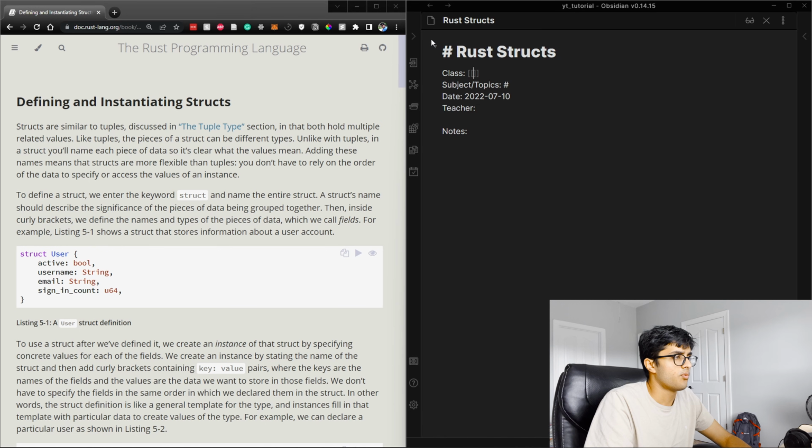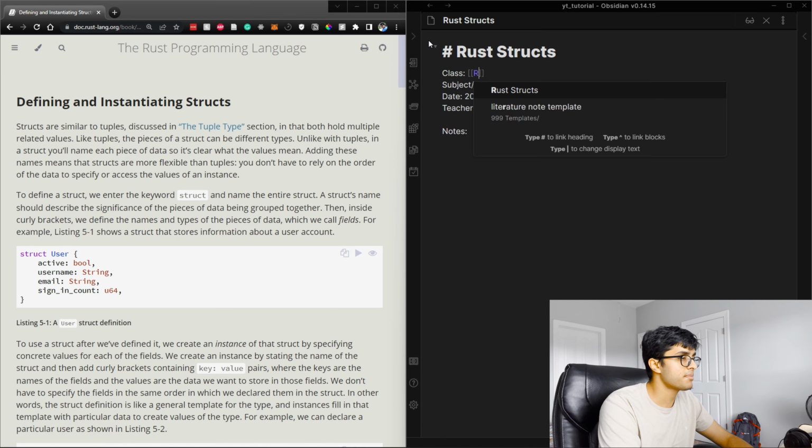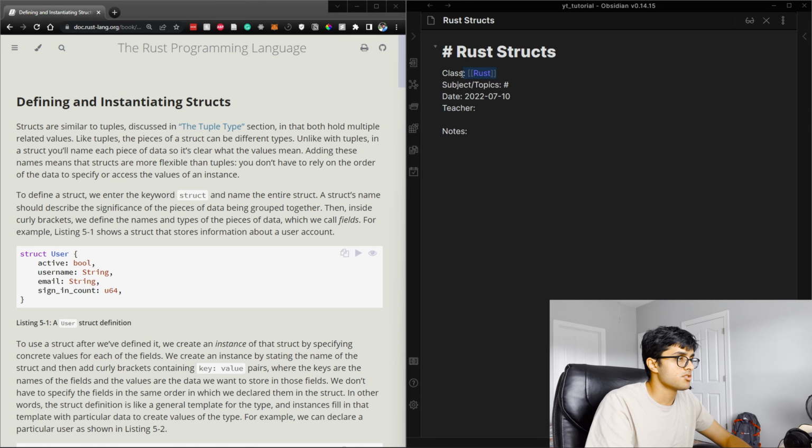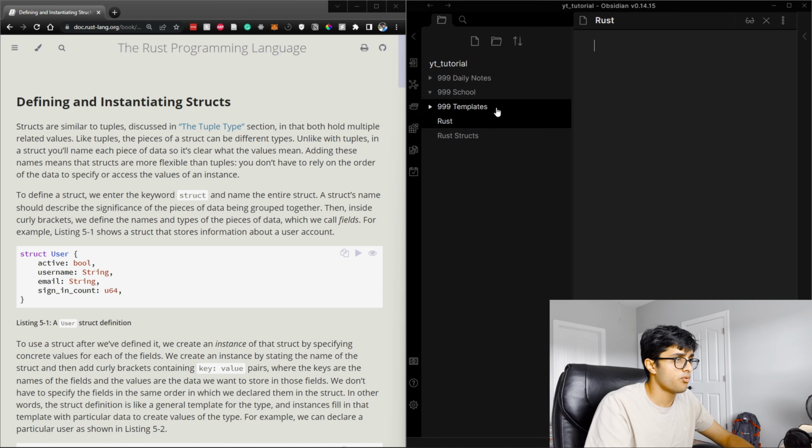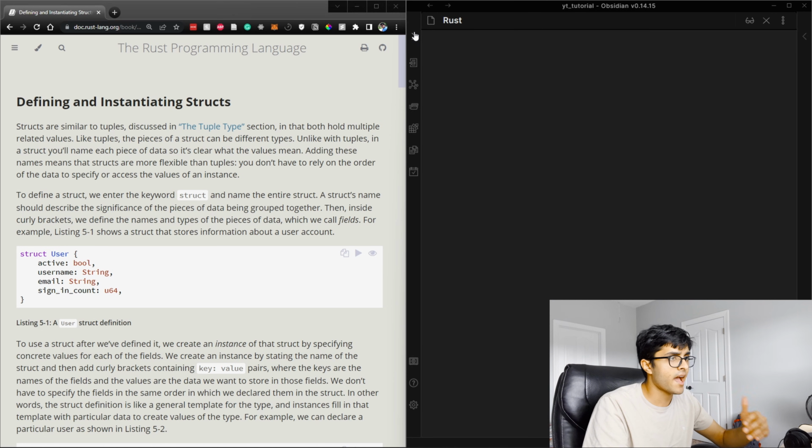And I haven't made a page for this class yet, but I can simply by saying Rust. So this is for my Rust class. And right now you can see that there's no file called Rust. But if I do control click, that file will be instantiated. And we're not going to keep anything in this folder. It's just going to serve as